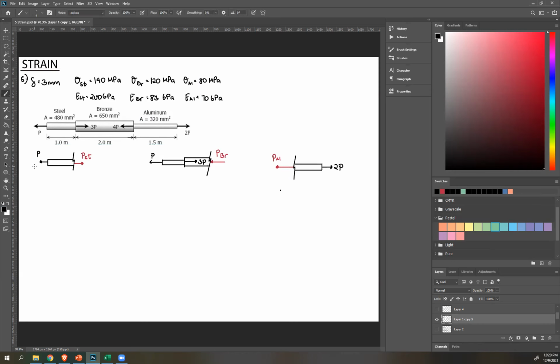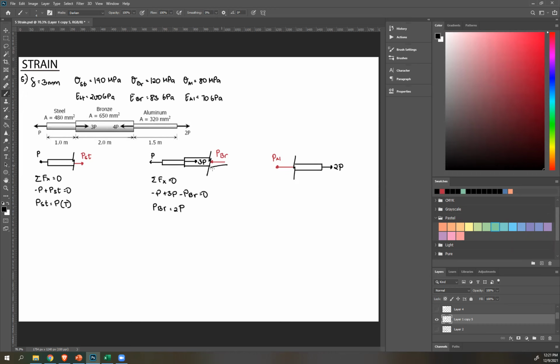Okay, let's start with the leftmost. Summation of forces X equals 0. Negative P plus PST equals 0. Therefore, PST is simply P. Okay. Next. This is in tension because away from your object. Next, middle part, summation of forces X, 0, negative P, 3P minus PBR equals 0. Therefore, PBR is 2P,